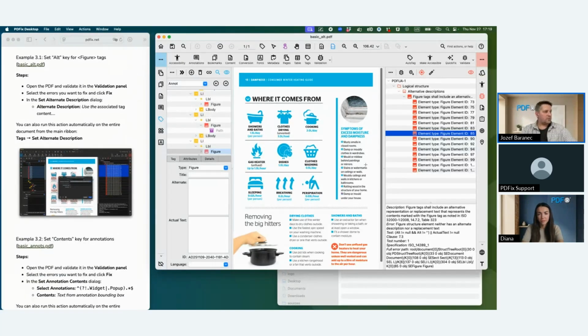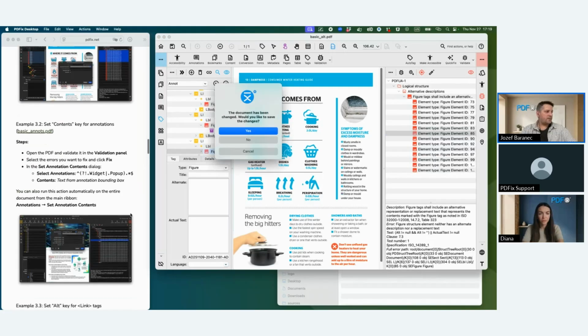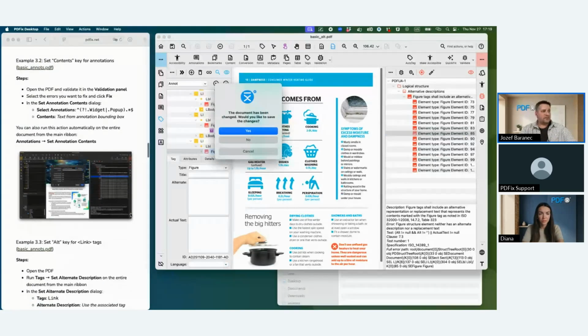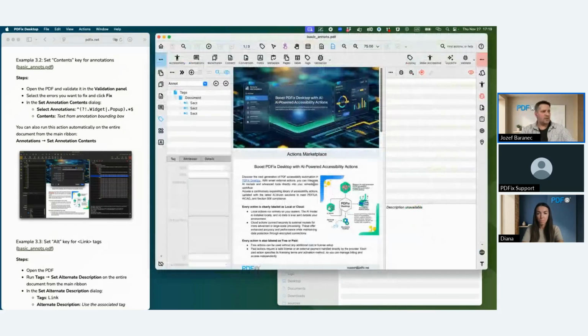Now we can go to the next example. Okay, so this was the one. Okay. In case of annotations, it's a very similar use case. It's this one. So in case of annotations, we have a PDF document that also needs some remediation,